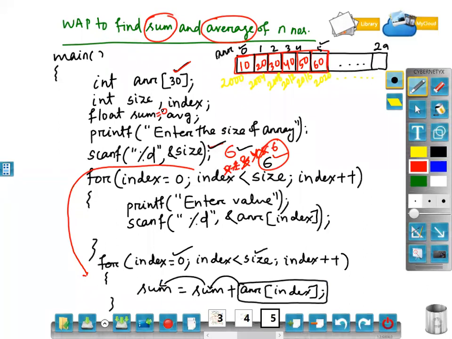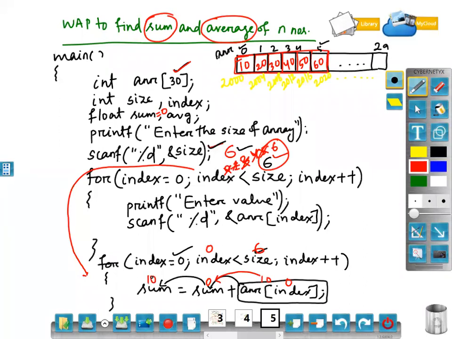Now how the execution will be done, all of you know. Index will start from 0, size is 6. Clear? 0 less than 6, true, enter. Sum is initially 0. Array of 0. What is array of 0? The value 10. So 10 will be added with 0 and sum will be updated as 10.